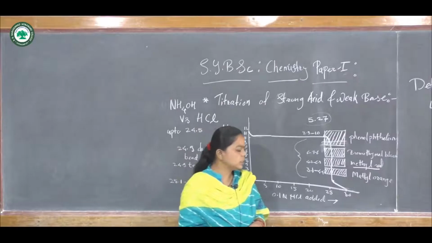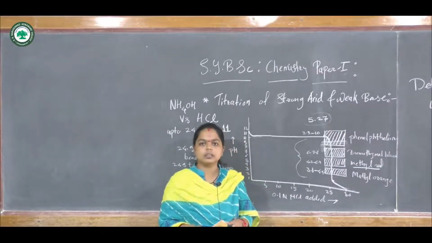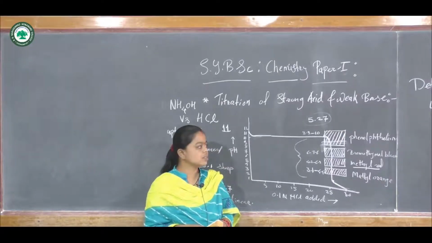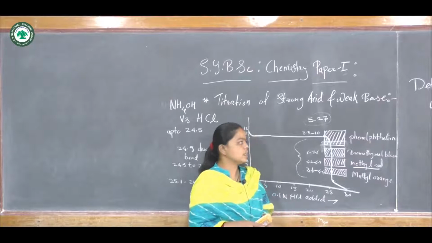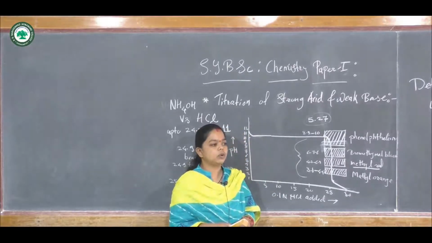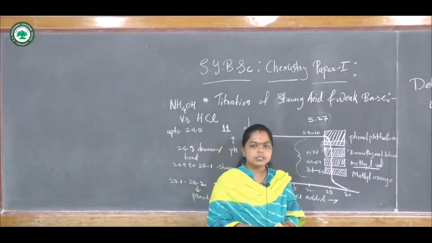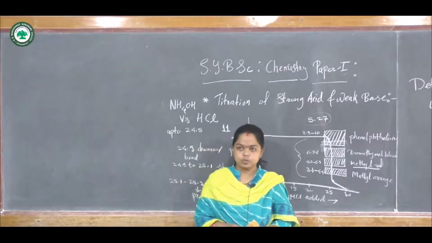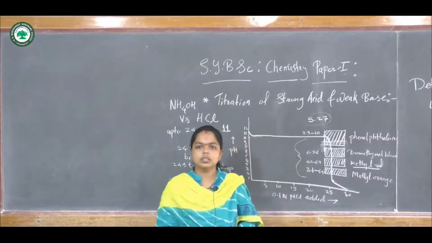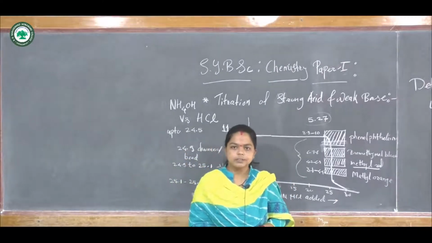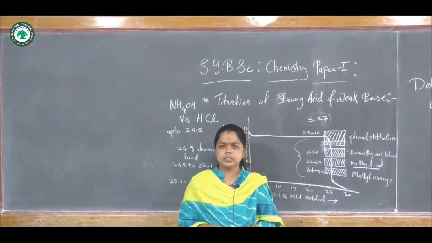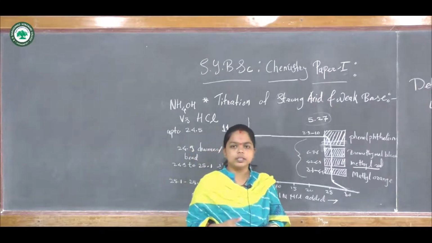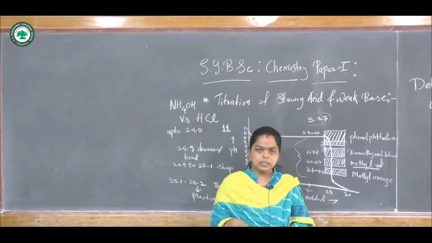So such types of transition curves can be studied for the 3 different types of titration we have seen. Now another example of titration is the determination of the carbonate content of washing soda. So we know that washing soda contains sodium carbonate in varying amounts. So if we prepare a sample of the washing soda, we can calculate how much quantity of sodium carbonate is present in that sample.